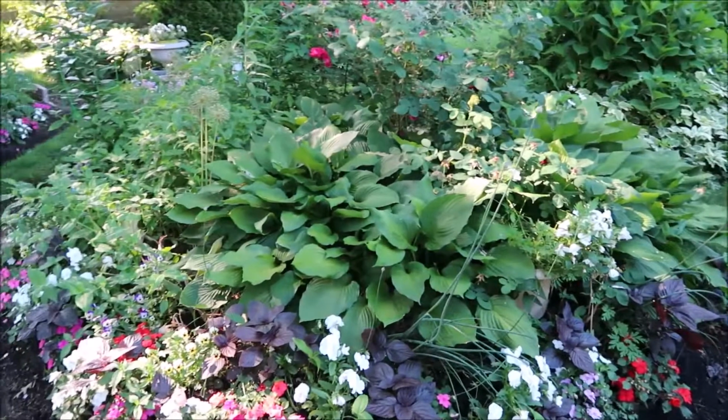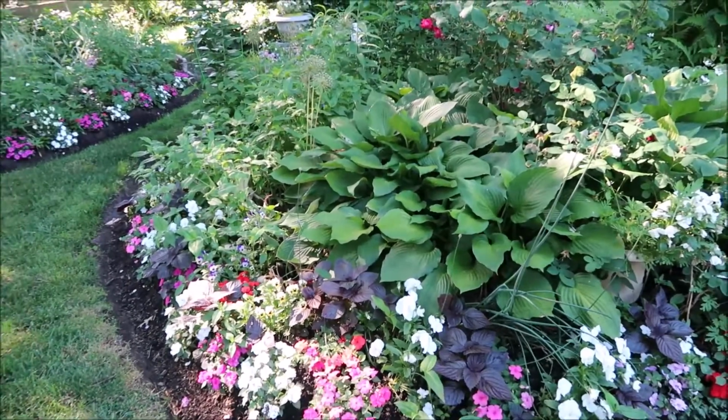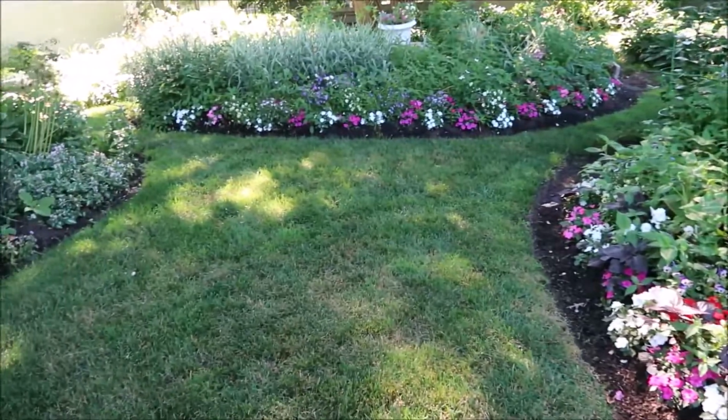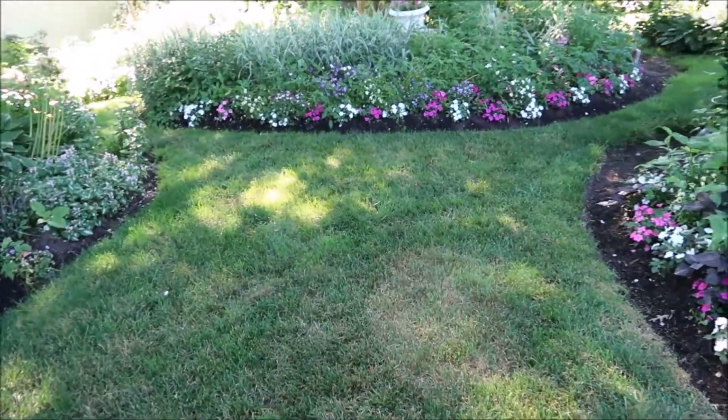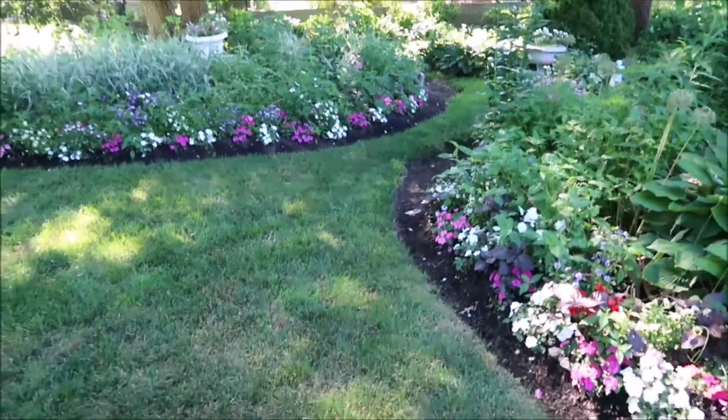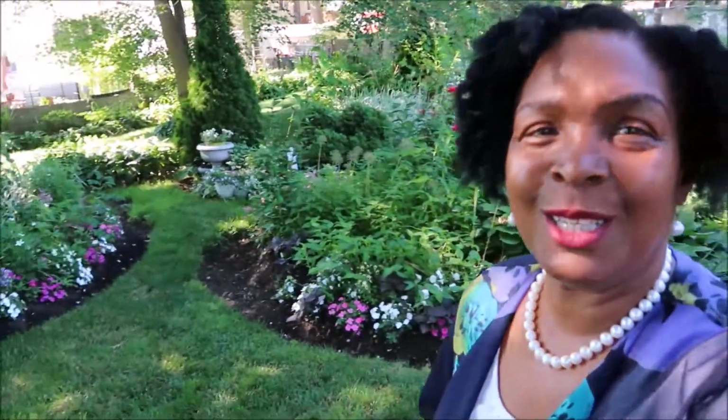So this morning, what I want to do is follow the Impatiens and look at how they are growing in the garden. So let's just take a walk around and look at all of the Impatiens, because they're going to be adding a lot of color to the garden for this summer season, and especially under the shade